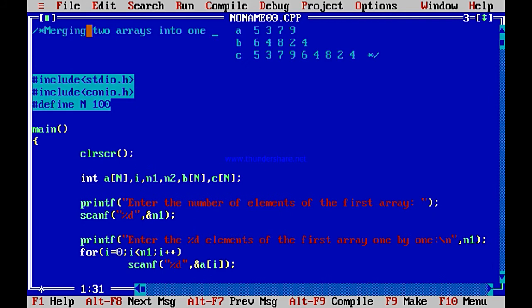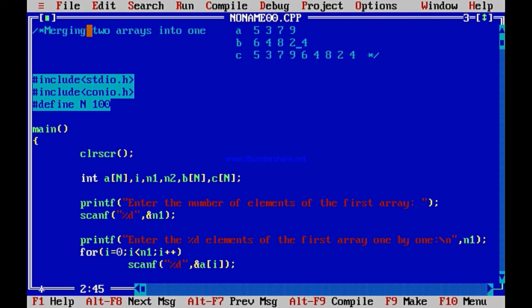You are copying ai to Ci. So C0 will contain A0. A0 has been copied to C0, A1 has been copied to C1, A2 has been copied to C2, and A3 has been copied to C3. So this part of the job is done.